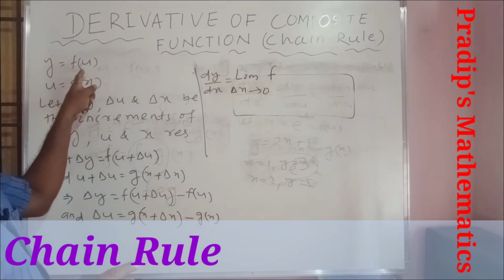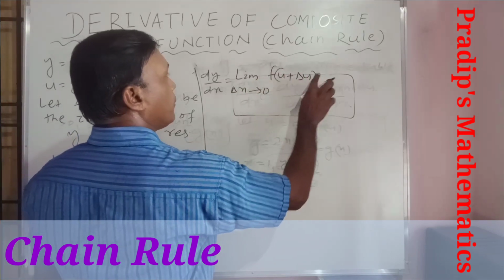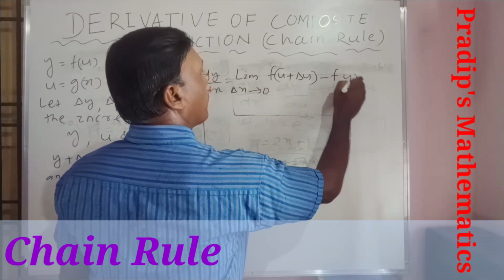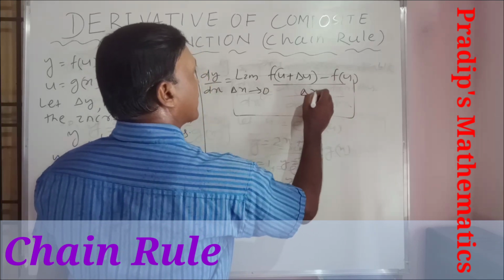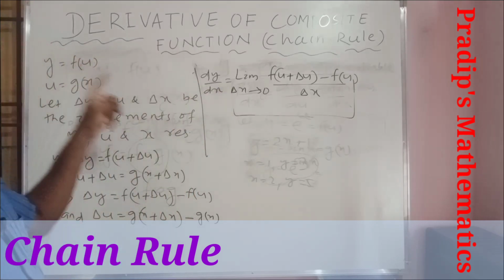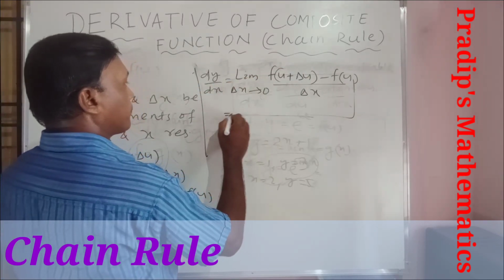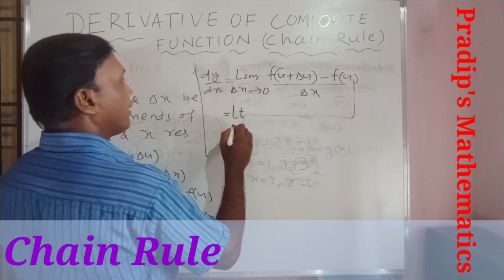Y means f of u. F of u plus del u minus f of u by del x. This is the derivative of y, means f of u by first principle method,